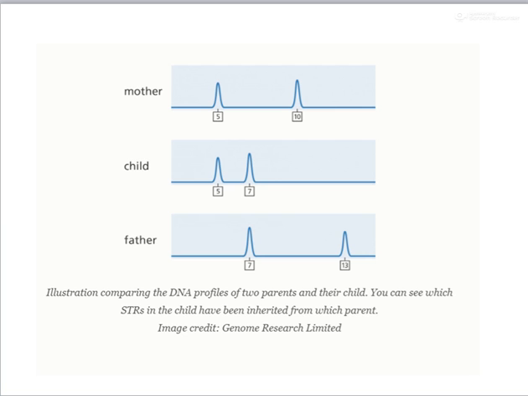And if you consider parental disputes, if a mother has a 5 repeat and a 10 repeat for a particular gene locus, and a father has a 7 repeat and a 13 repeat, the child would probably have two different alleles which are contributed by the mother as well as the father. So in this particular case, it is quite evident that he has received one from the mother and one from the father.